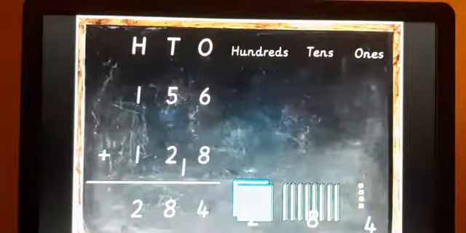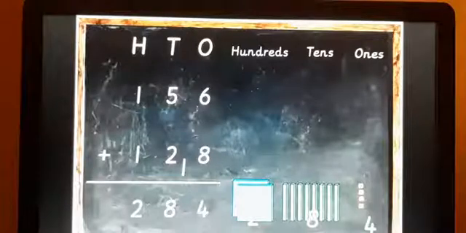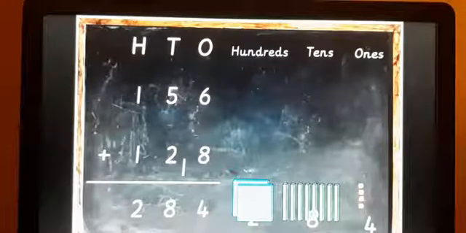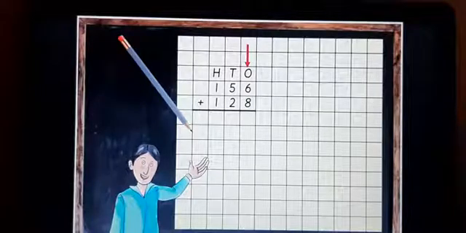284. Like this you have to take the carryover from ones to tens place. This is the ones to tens place carryover method. I hope you understood this concept. So when you are writing in your book, how will you write? As I said, one below the other sequence should be followed there.